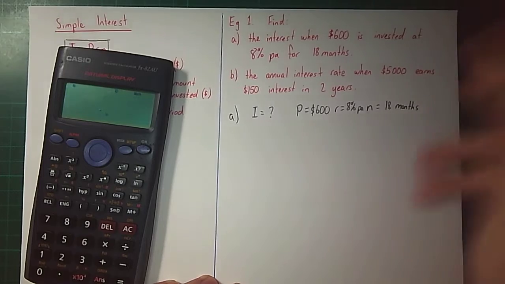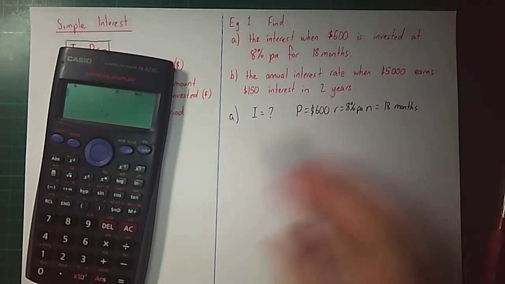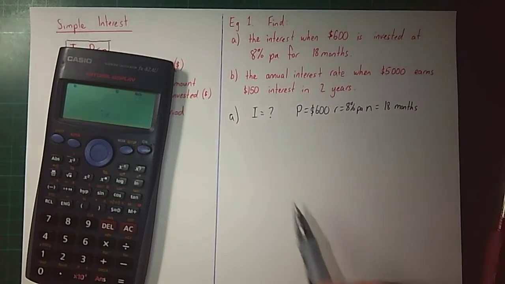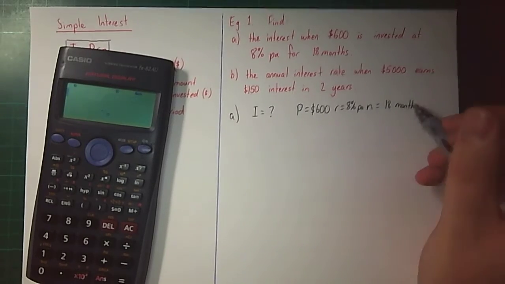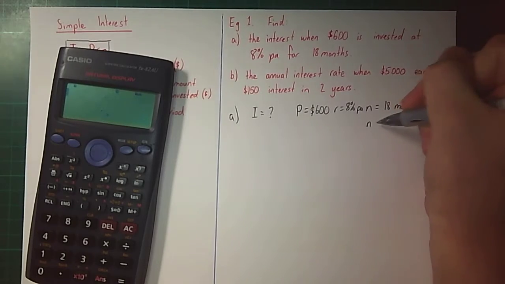Now, if these two were the same form of time, so if they were both in years or both in months, then we'll be able to just pop it straight in our formula. Unfortunately, because we've got months and years, we need to change one of them. In this case, I'm going to change our N to years. So to find what N in years is going to be,